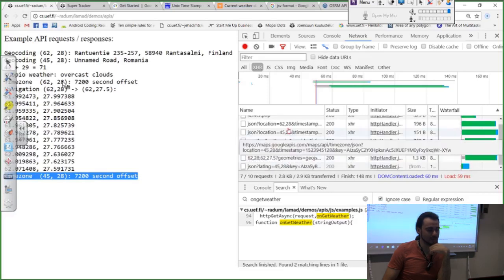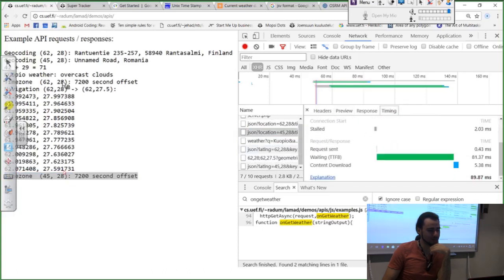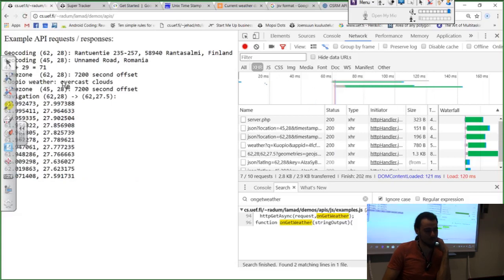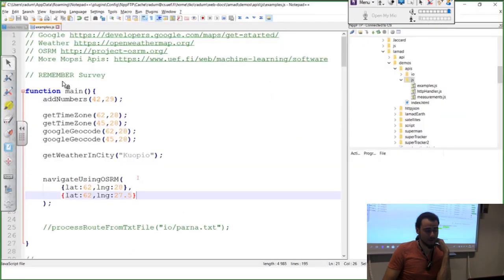For some reason this time the time zone request was very slow, very far away. Okay. So this navigation and the weather were faster than the time zones. You don't really know how to understand this, but just expect that these will not work the same all the time. So the navigation,